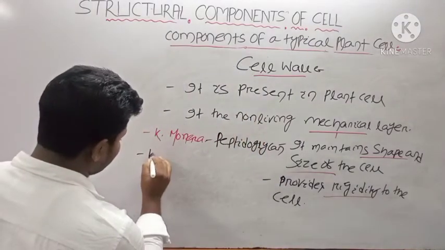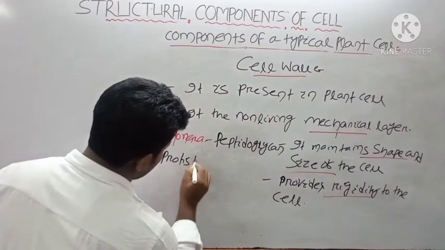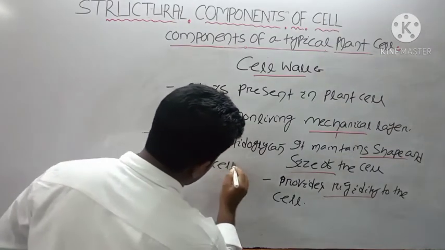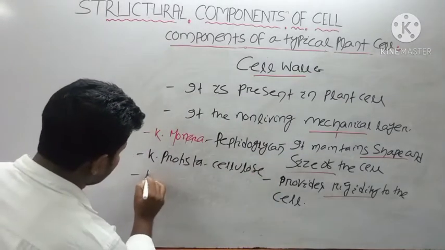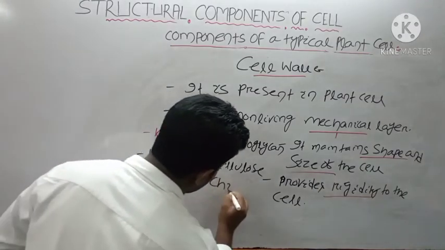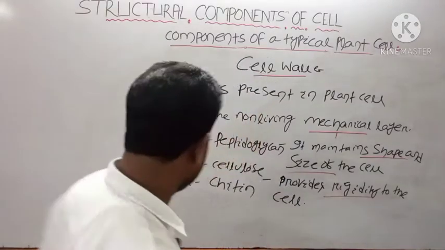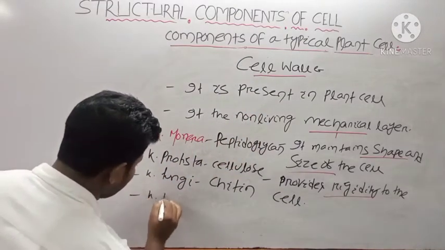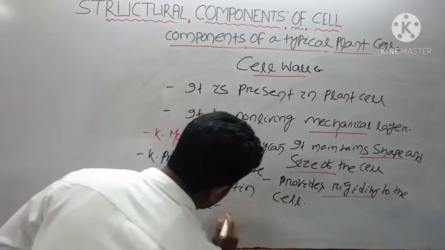In kingdom Protista, the cell wall is composed of cellulose. In kingdom Fungi, it is chitin. And in kingdom Plantae, the cell wall is composed of